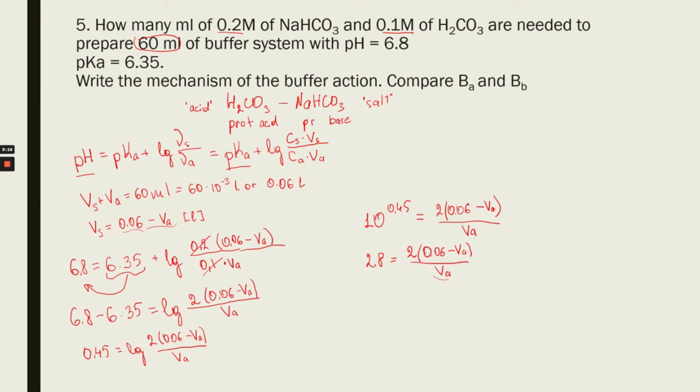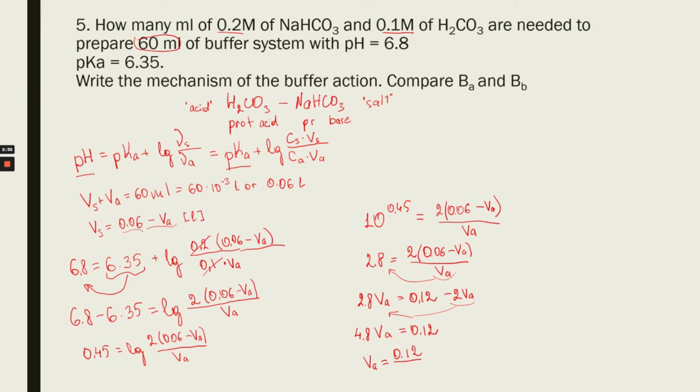Now I will move this here and I will write like that, and here I will open brackets and I will write 0.12 minus 2 VA, and now I will move that here, and it will give us 4.8 VA is equal 0.12,